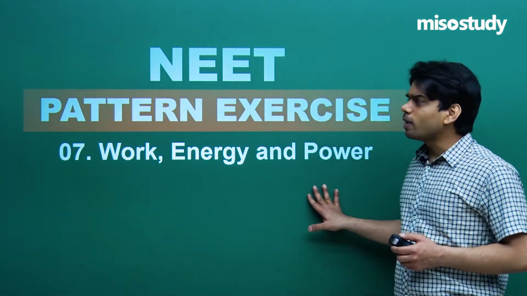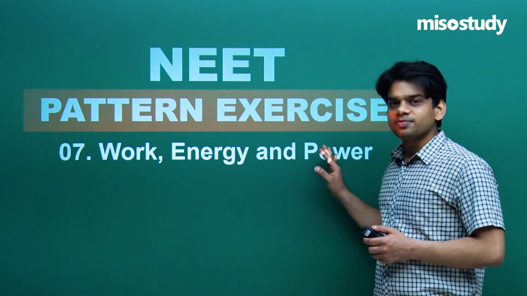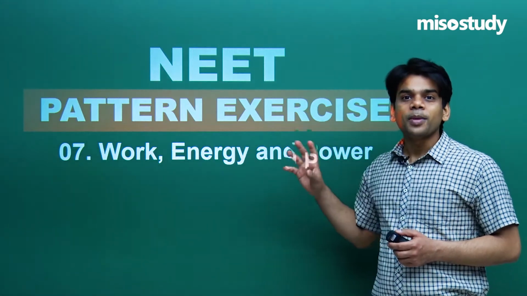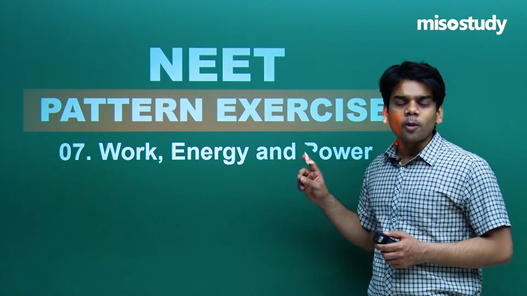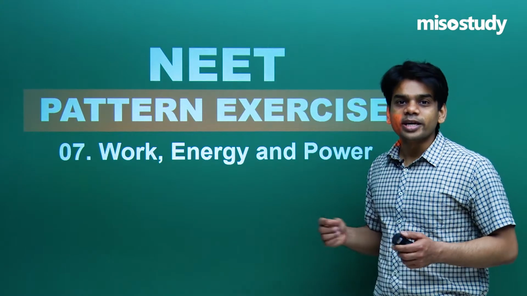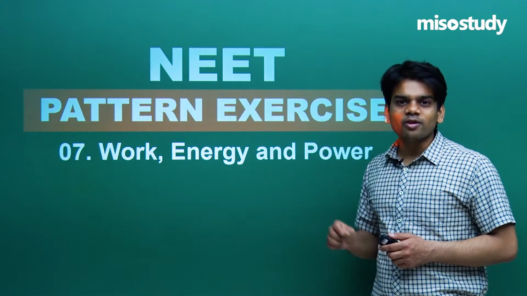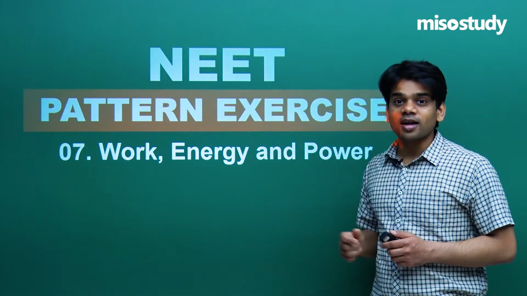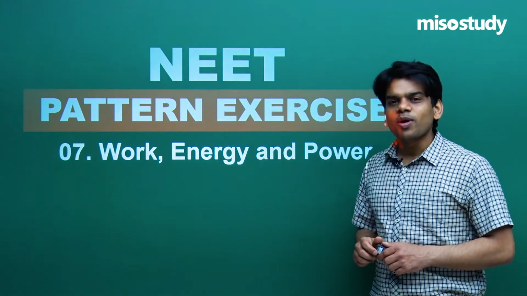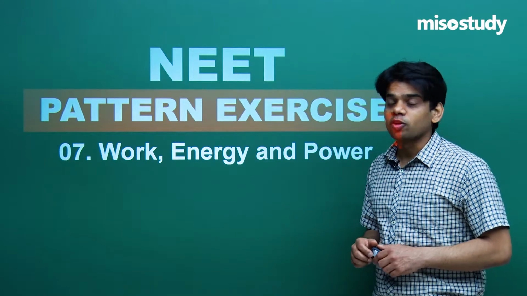Today's class will be talking about questions based upon the NEET pattern. That is, we'll be having multiple choice questions in which one option will be the correct answer. In your NEET examination, you'll be getting 45 questions in physics. In each question, one option is the correct answer. If you mark the correct answer, you'll get plus 4 marks. If you mark incorrect, you'll suffer minus 1 mark.